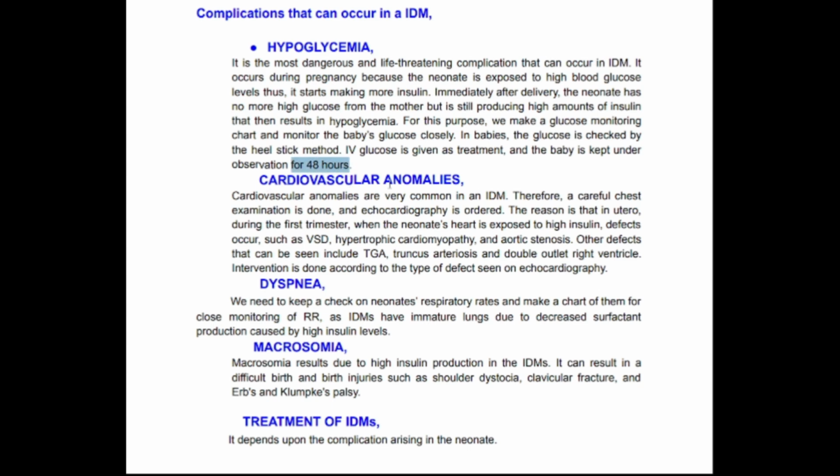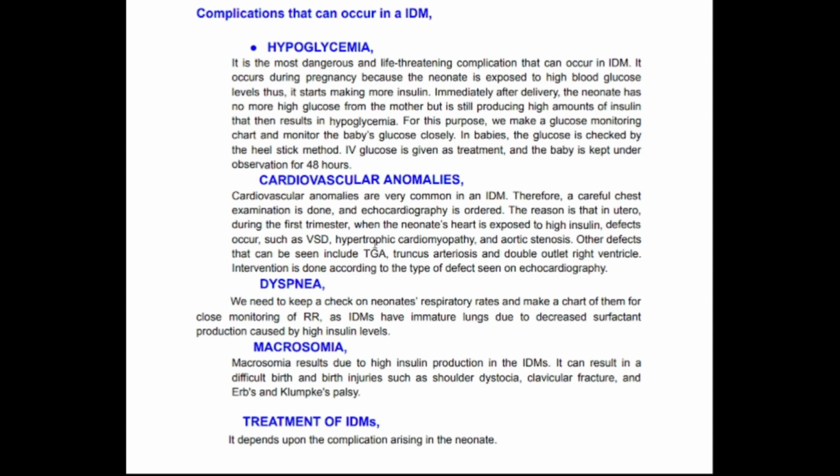Then come the cardiovascular abnormalities. They are very common in IDM, therefore a careful chest examination is done and an echocardiography is ordered in all cases. The reason is that in utero during the first trimester, the neonate's heart is exposed to high amounts of insulin. That high amount of insulin causes birth defects that include VSD, HOCM, also called hypertrophic cardiomyopathy, and